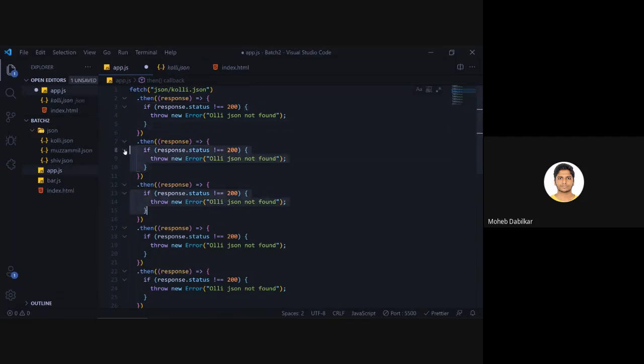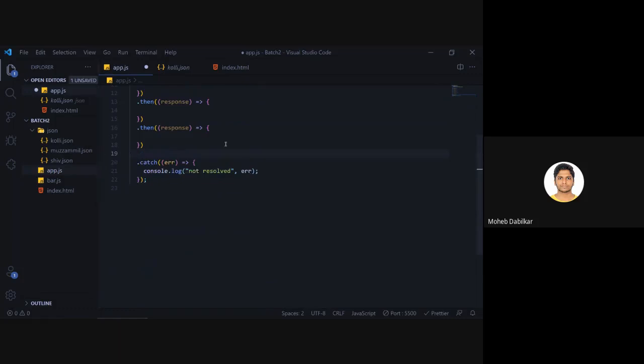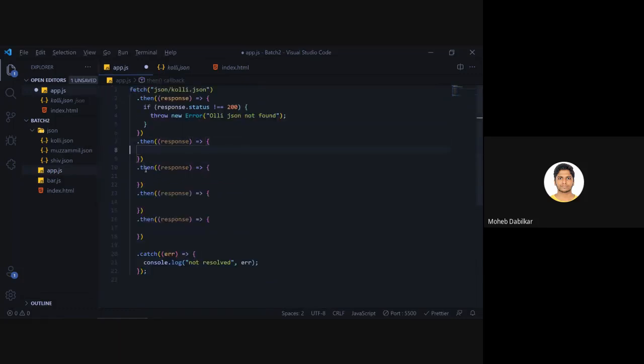So let's just remove the lots of dot thens, and we will just say do something over here for now. Once this starts getting big it will just look trash and you don't want to deal with it.